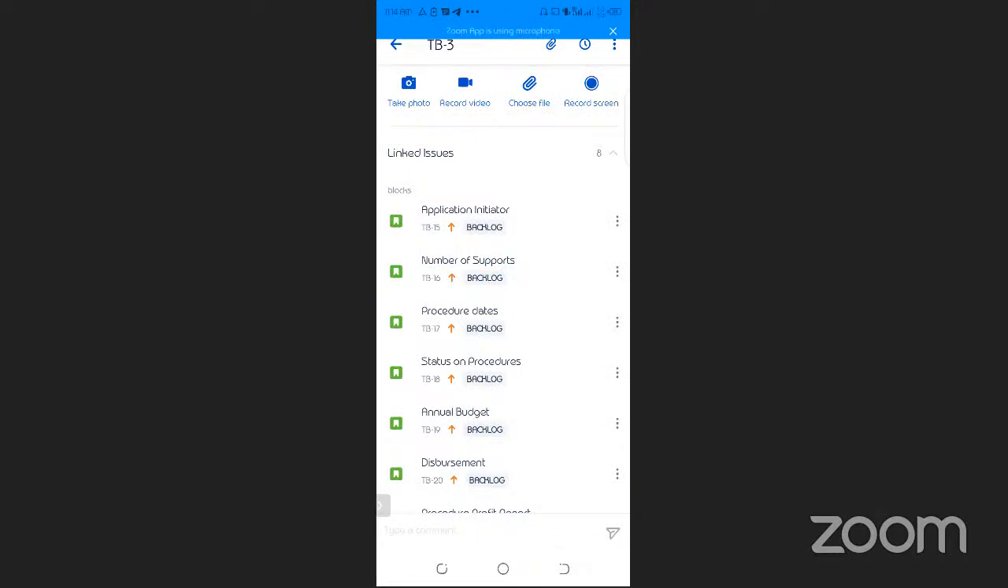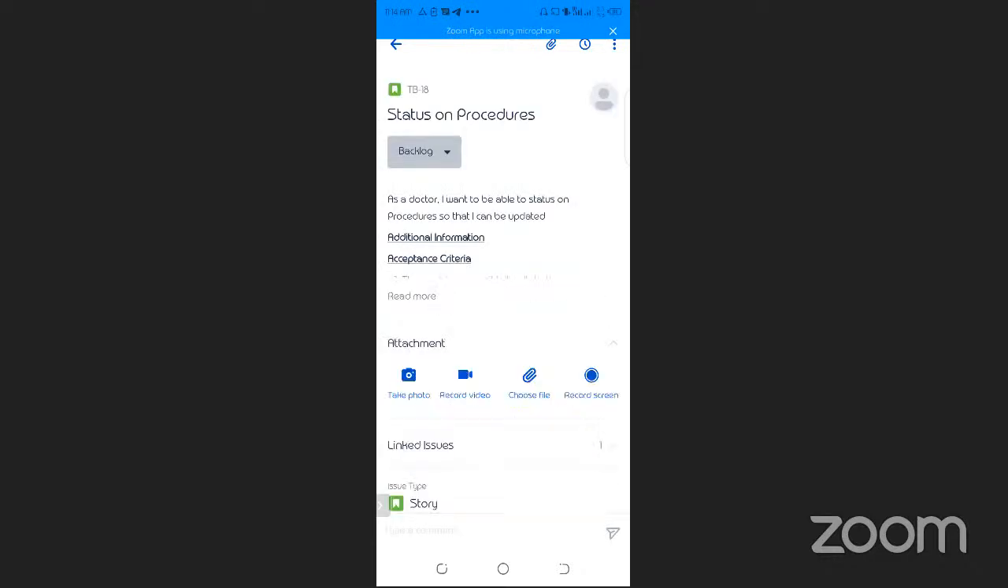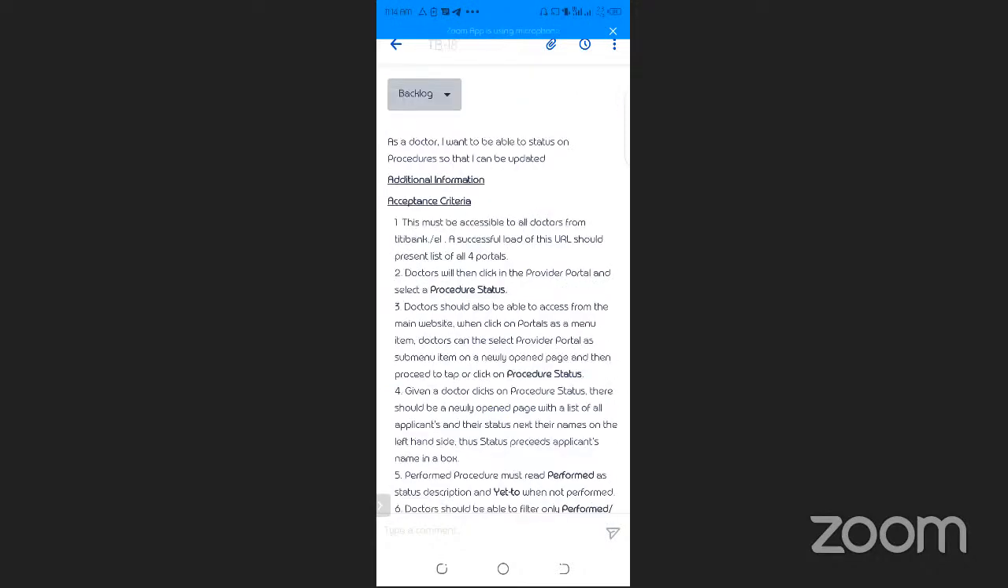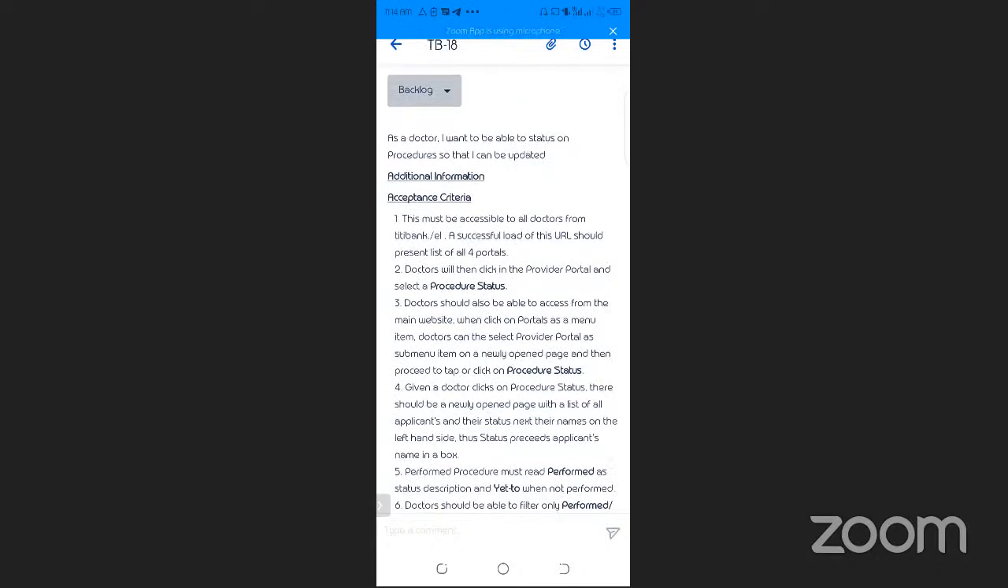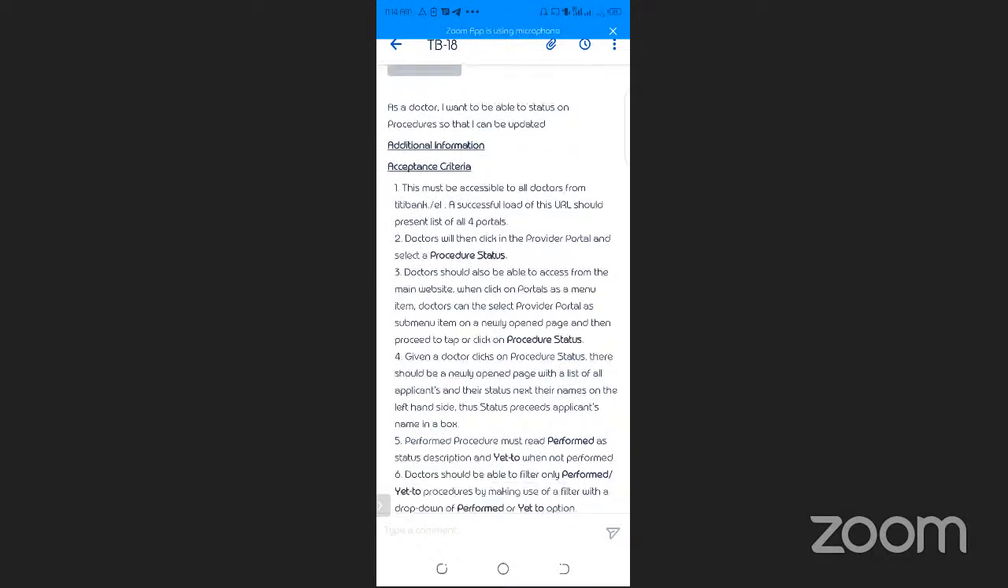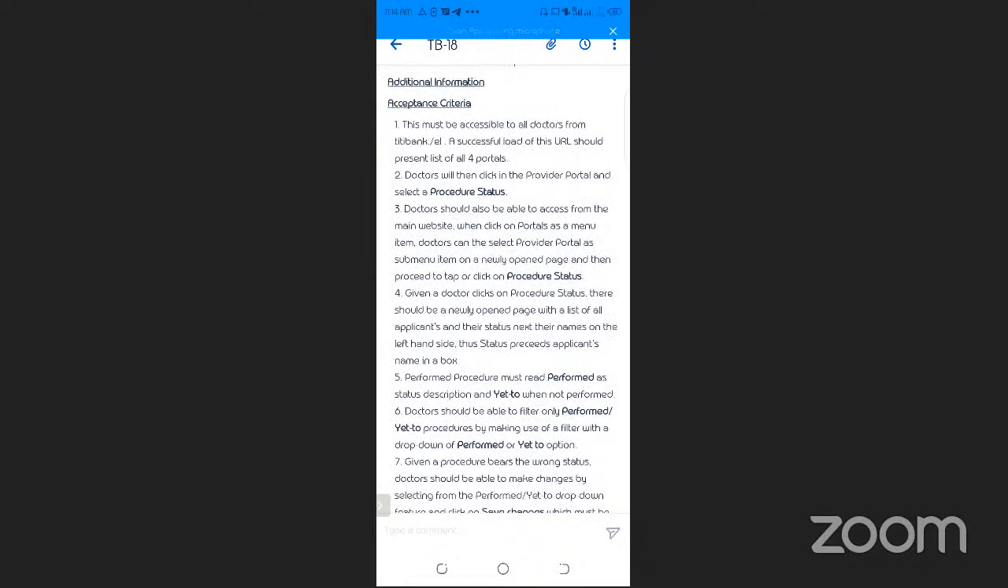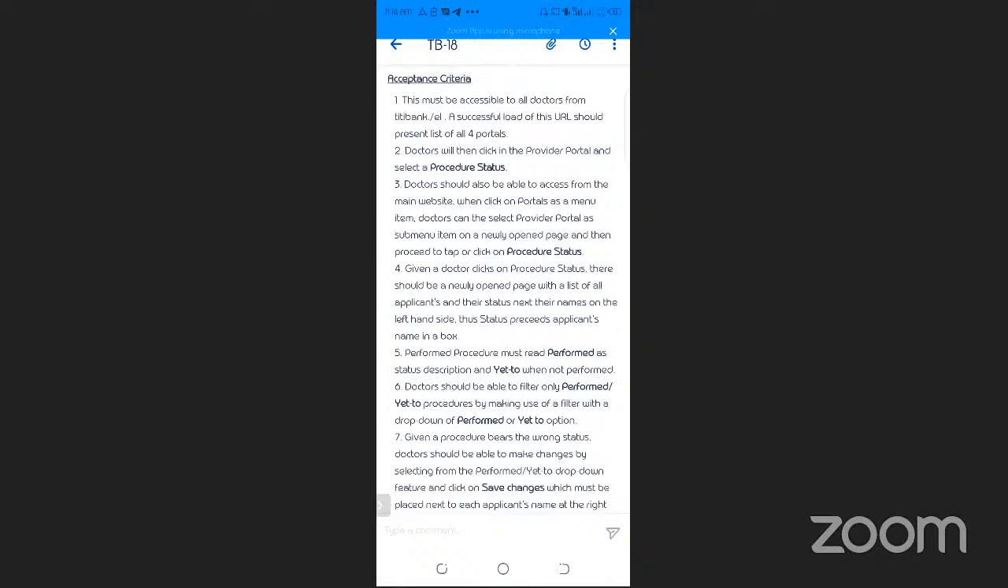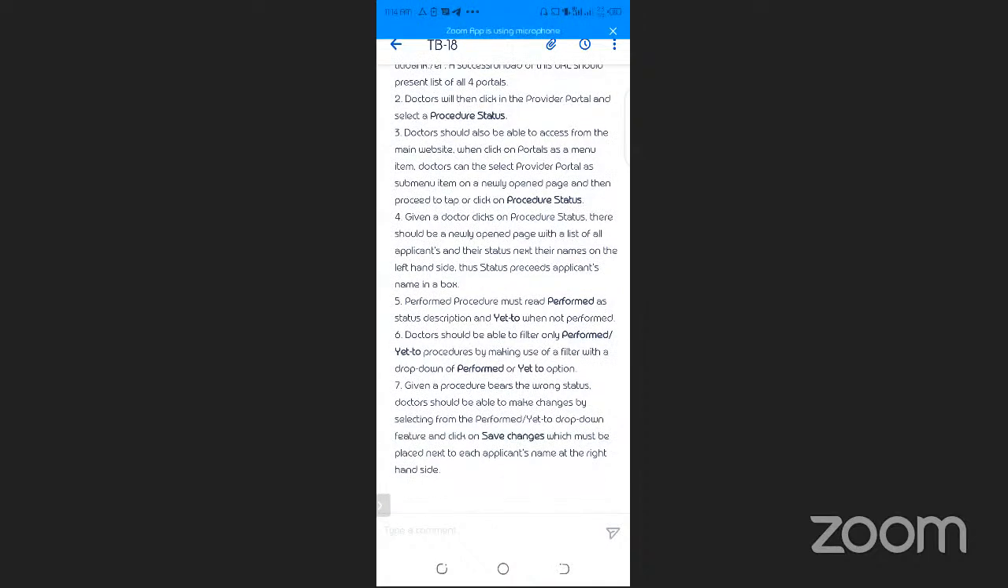And then status on procedures as a story. Okay, so as a story, as a doctor, I want to be able to see status on procedures so that I can be updated. And then also from the acceptance criteria standpoint, still beginning with the accessibility standpoint, being ttbank.com/EL, and then also from the portal menu, continue to the fourth criteria, which says, given a doctor clicks on